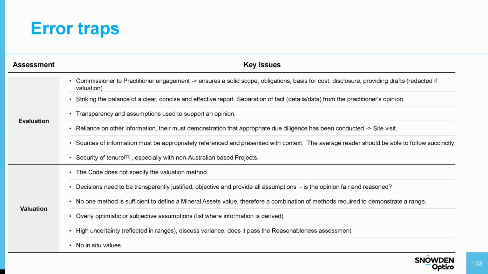So some of the error traps that we commonly see, and I've split it out into the evaluation and valuation side of things. There has to be really clear rules of engagement between the commissioning entity and the practitioner, so that what we're looking for is a solid scope. There are no impediments why that company can or can't undertake the study. The basis of the cost and some of the disclosures, if you've been previously engaged, what the nature of that